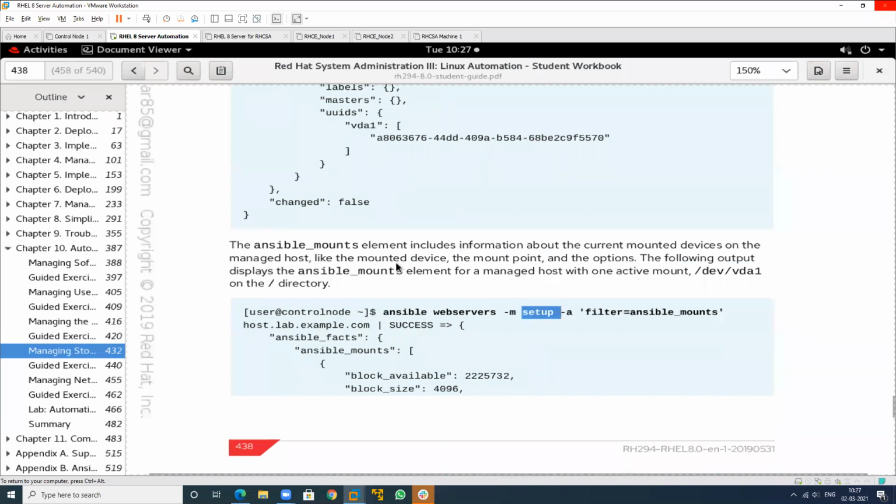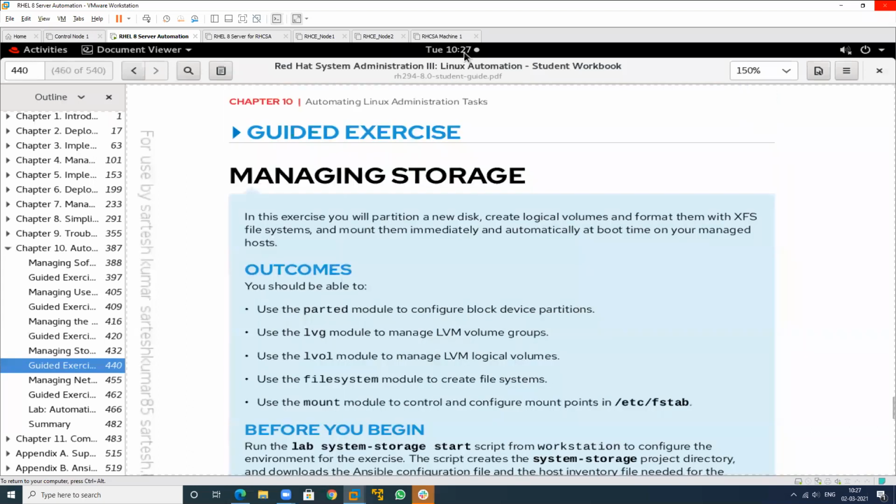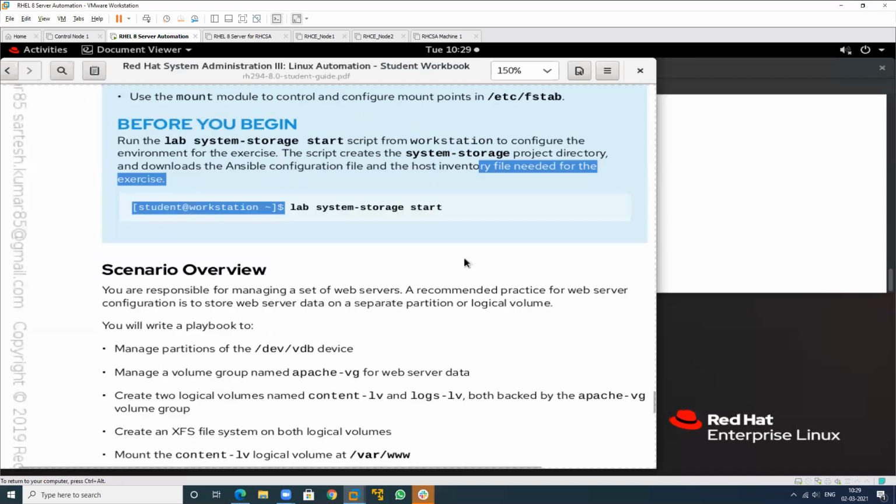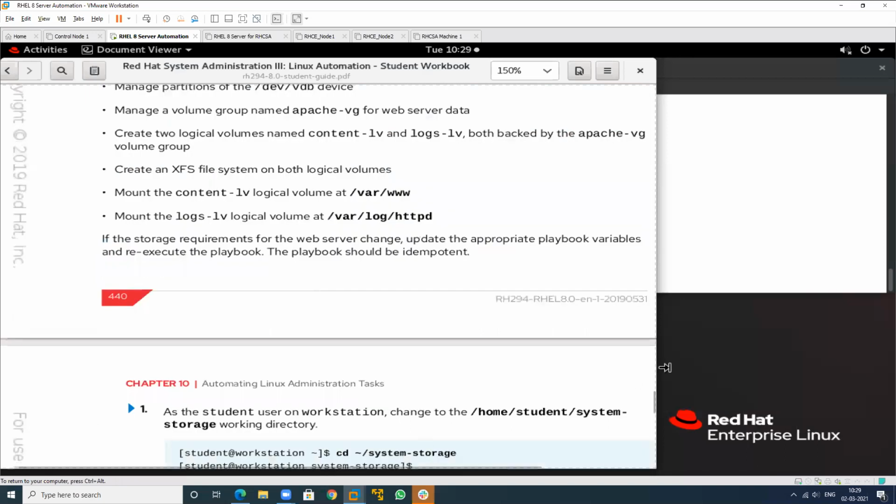So I will show this exercise, and just give me 1 minute, then I will start this. I will start this exercise. First run this particular exercise, and this is my first step in this.